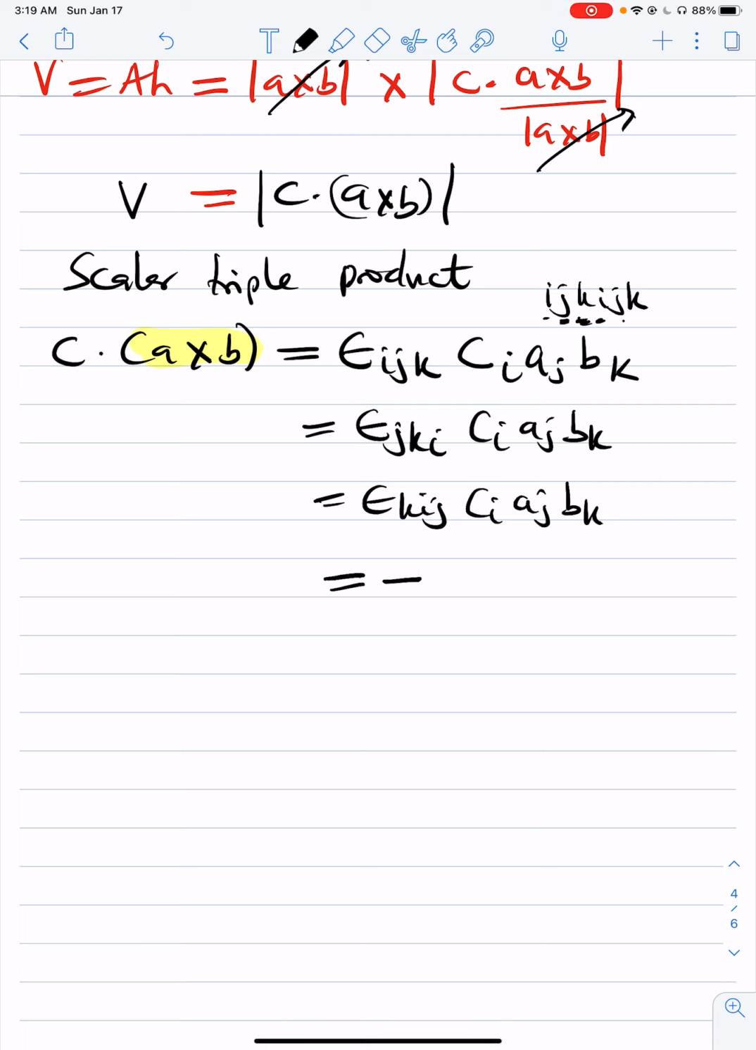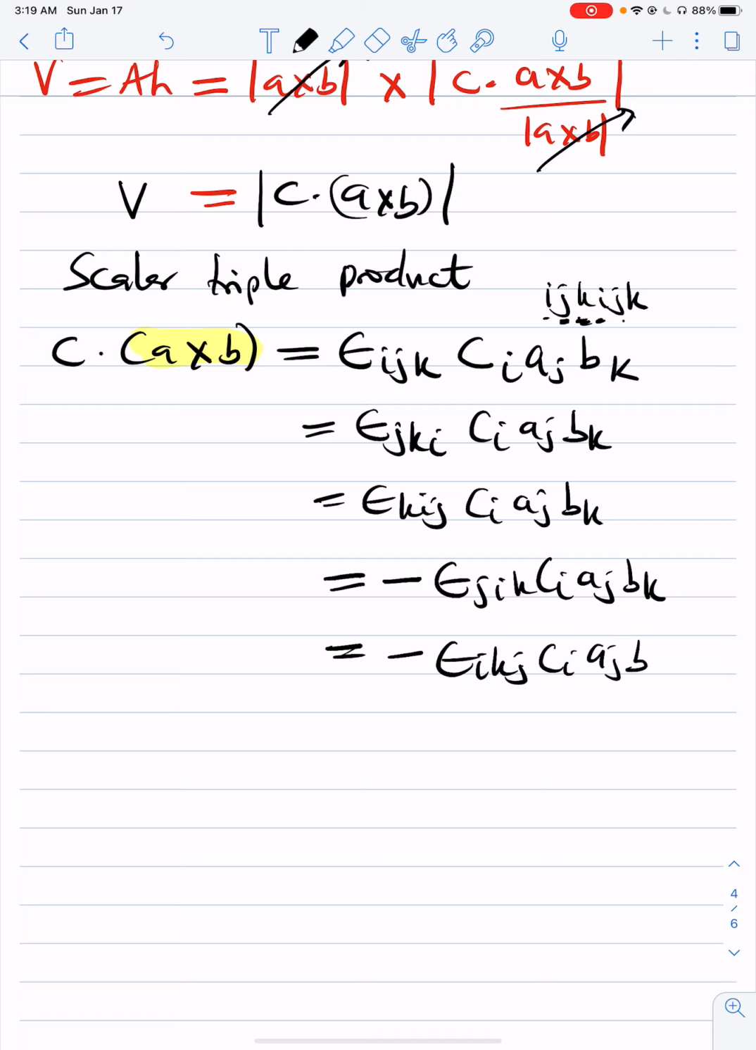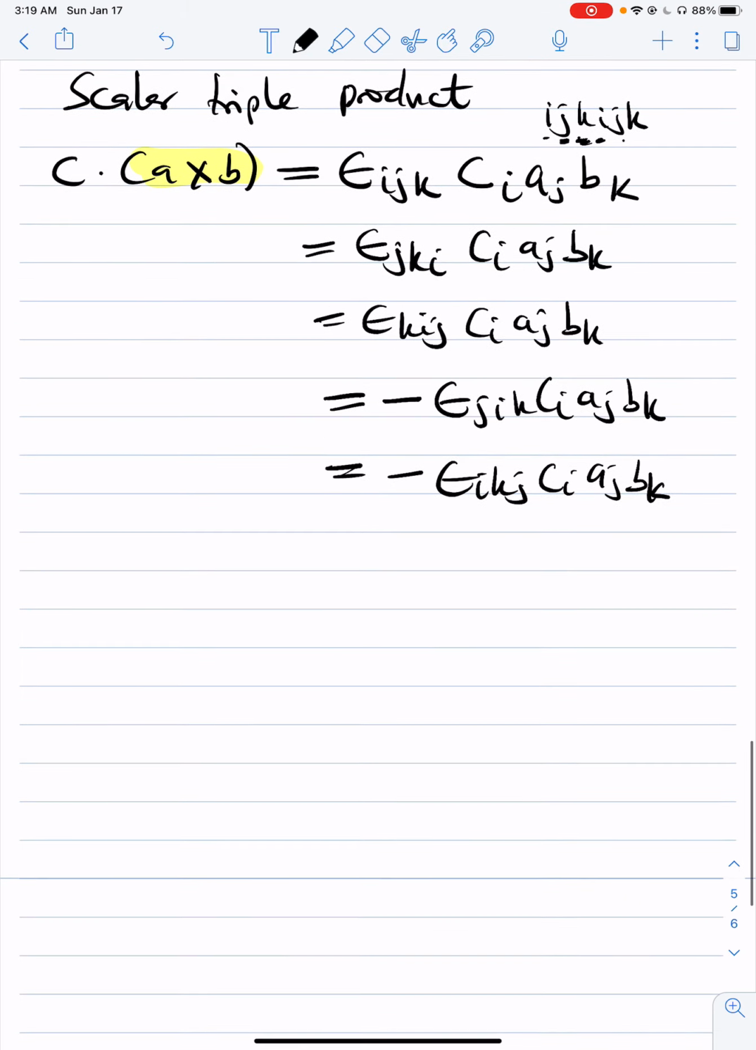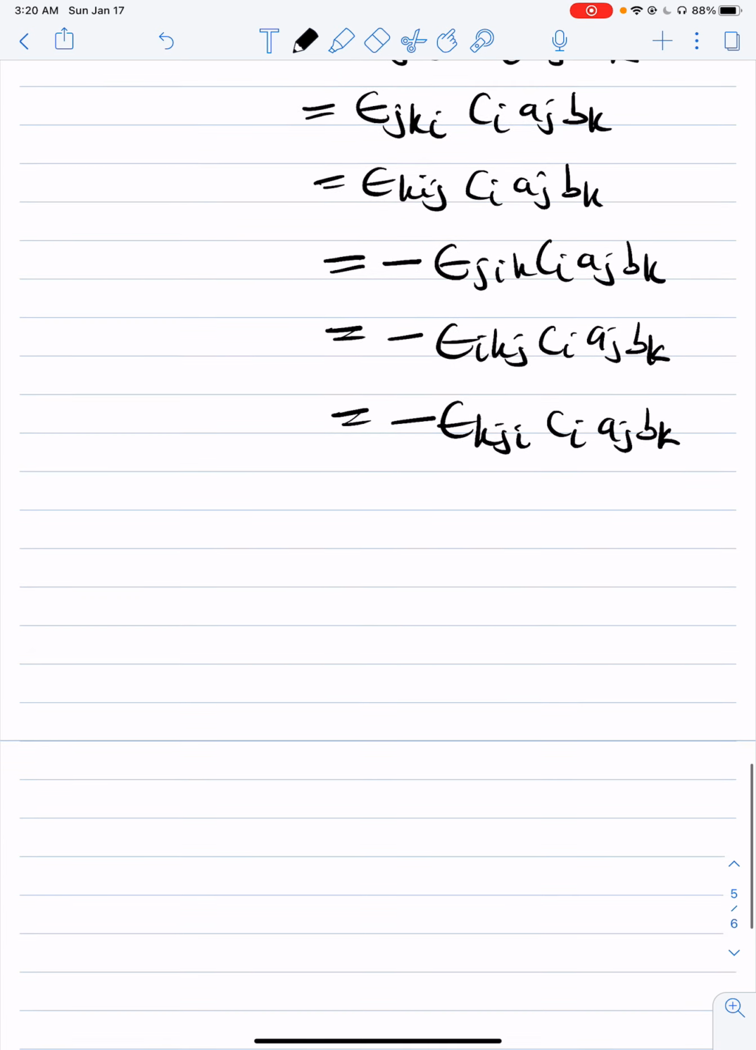In negative, then you can violate the order, right? This becomes j, i, k, c, i, a, j, b, k. If you violate it again, it can be i, k, j, c, i, a, j, b, k. And you can violate it one more time to be k, j, i, c, i, a, j, b, k. I hope this makes sense. Right? So your scalar triple product